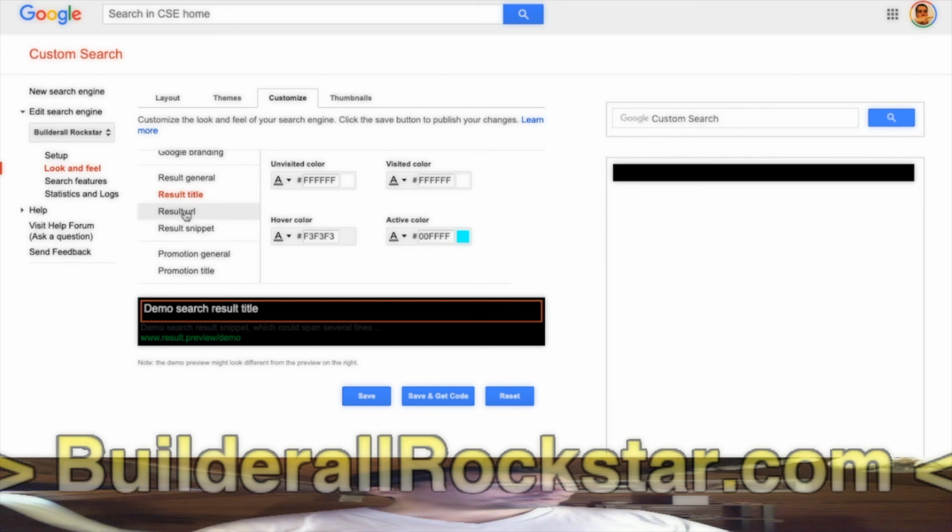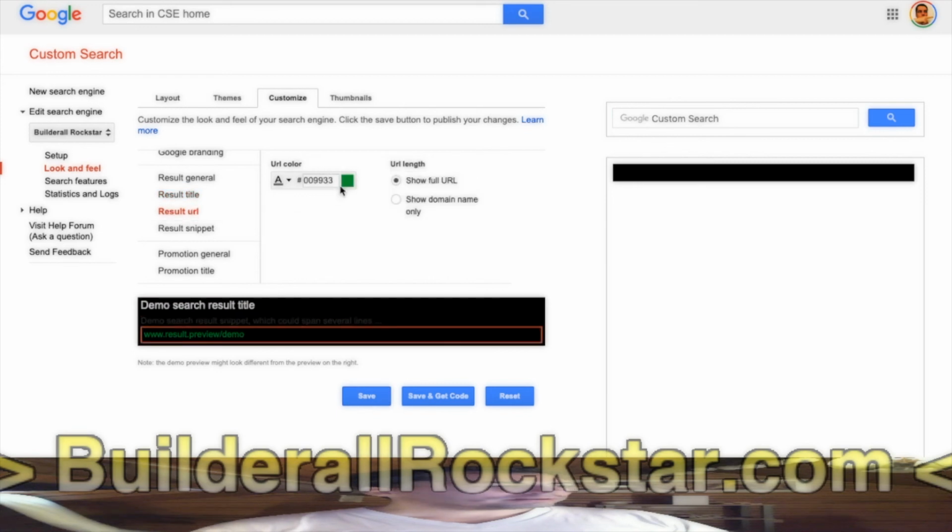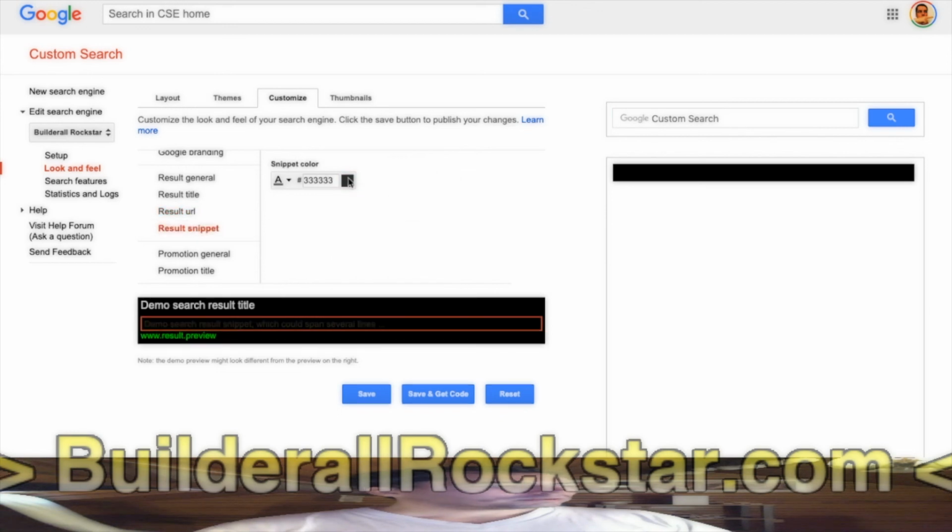And then the URL, okay, make it brighter, and white. And the ads promotion, background color.